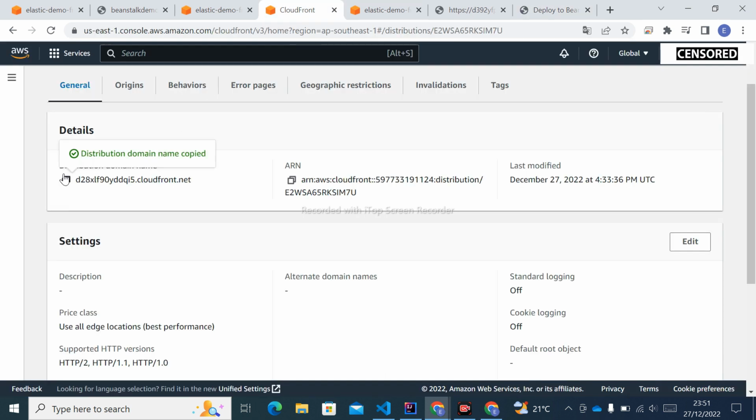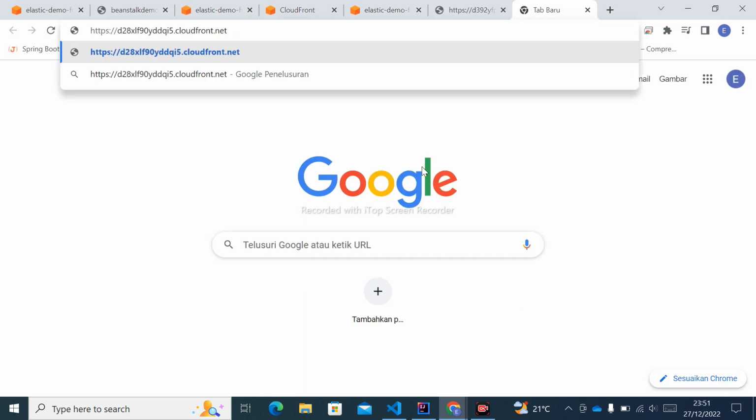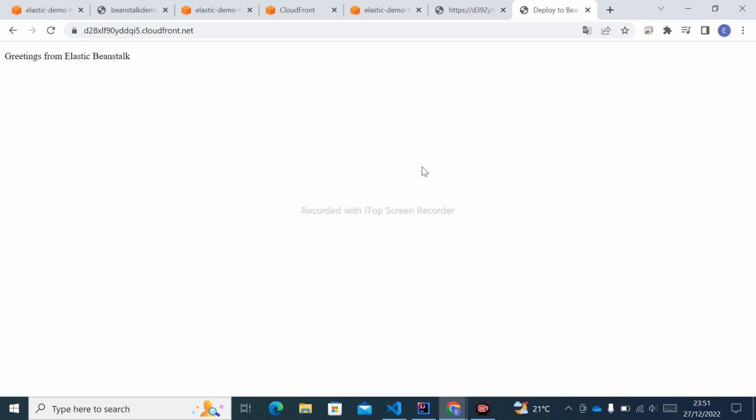Close, and we try to reload our Cloudfront. Oh, still not there. Okay, we copy the distribution domain name, close this tab, open the new tab. Okay, now we get the